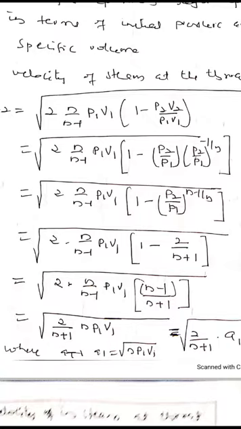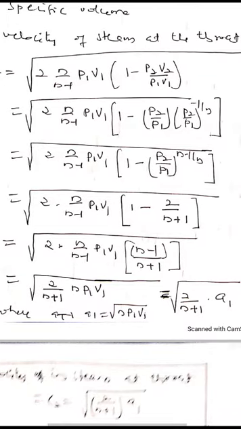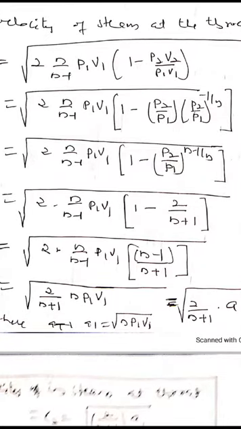Then expressing C2 in terms of P1 V1, we get root of 2n by n minus 1 P1 V1 into bracket (1 minus P2 by P1 raised to n minus 1 by n). For maximum discharge, the pressure ratio should be the critical pressure ratio. Therefore, putting P2 by P1 equal to (2 by n plus 1) raised to n by n minus 1,